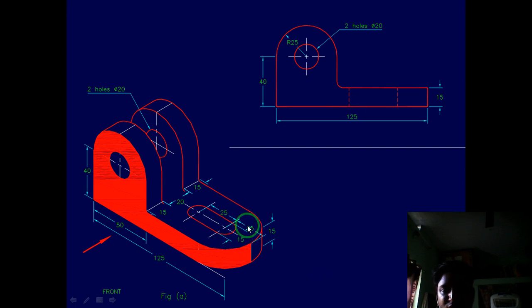Now this diameter, what you call the length, is 15. If you measure, it will be only the radius, that is half of 15, which is 7.5. From 25, towards this side we have 7.5, so totally it will be 17.5. Calculate that and show it.